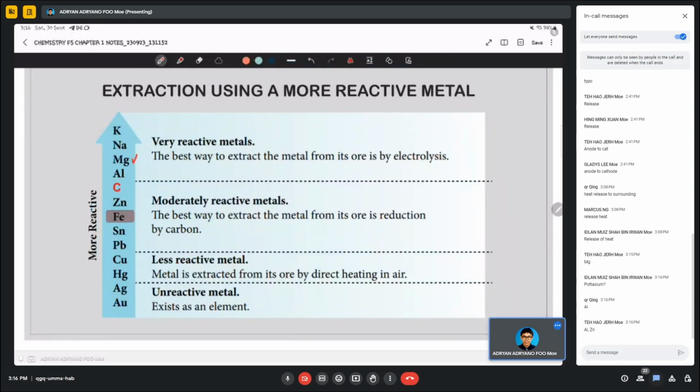So when they are too reactive, right, they will cause what? Maybe an explosion or a chemical reaction with too high an energy release. So we cannot use potassium, sodium, and calcium. Okay, good. Aluminium and zinc can also be used. As long as you have memorized this series, rewrite it on the exam paper and highlight which metal you want to extract. Look at who is above it, and you use those metals. So here you can use zinc, you can use aluminium, you can use magnesium. But remember,